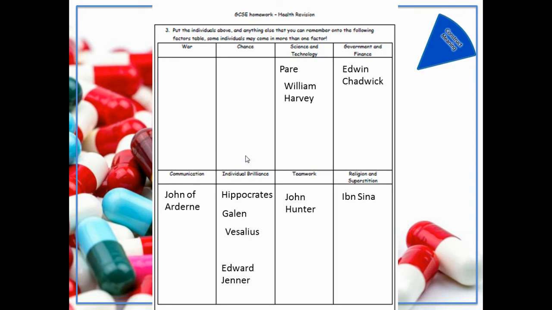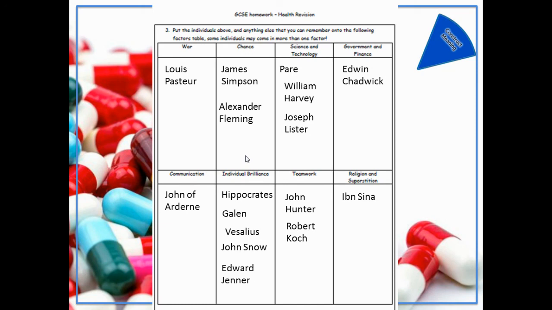Chadwick worked for the government. His report was funded by the government. Pasteur was working and funded by the French government whilst his country was at war with Germany. James Simpson accidentally knocked a bottle of chloroform over, discovering it was chloroform. Lister discovered carbolic acid as a technology that could be used. Koch worked within a team. Particularly interesting is the fact that his assistant, a man whose surname was Petri, invented the Petri dish.